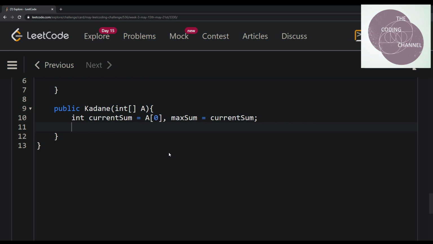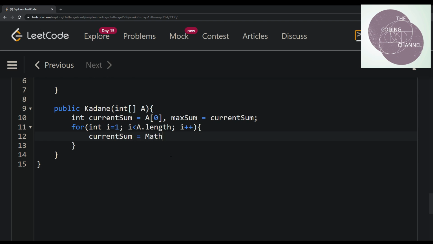Now we go for i equal to 1, i less than a.length, following which we can find out current sum by doing a max of current sum plus A[i], or A[i].